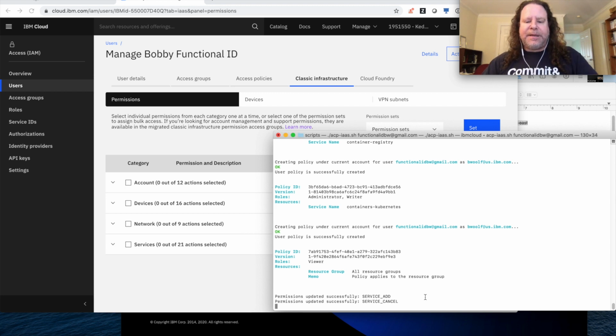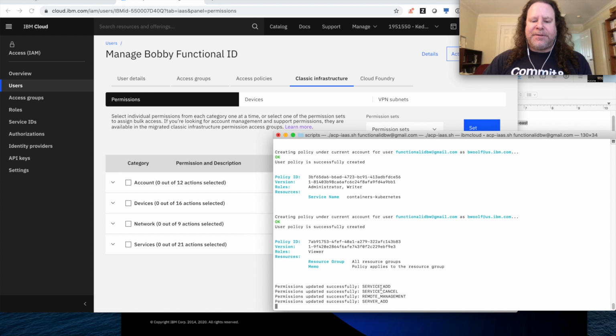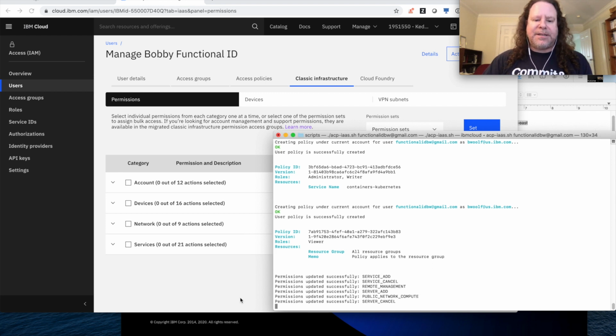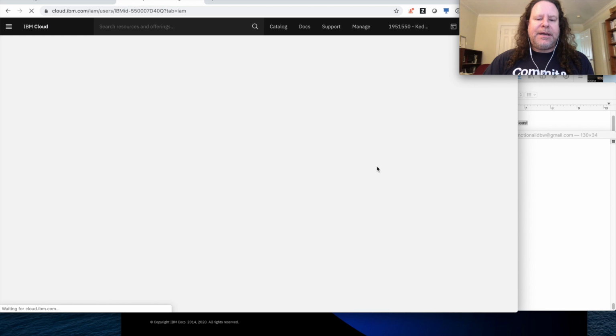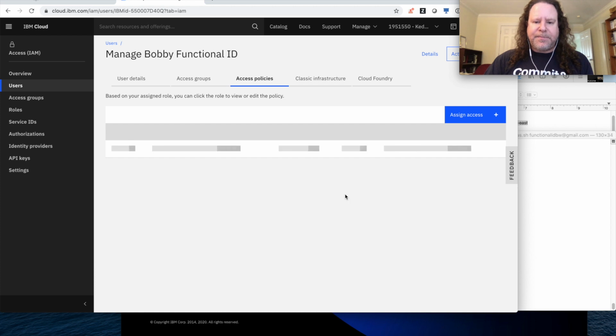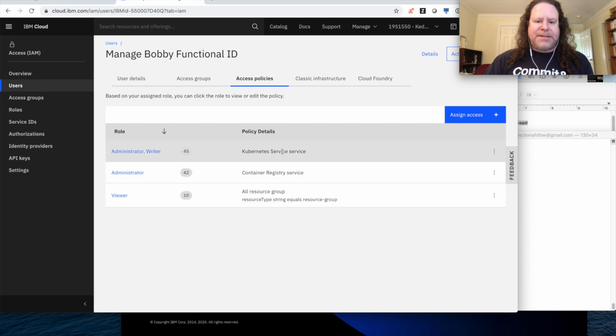up getting created. So now what it's doing is it's adding a whole bunch of permissions that are defined in what IBM calls classic infrastructure. So I'll go over here to policies and we'll refresh this page. And what we're going to see is that it now has 3 access policies that are used for creating clusters. So once that loads, we see we got access to the Kubernetes service, to the registry, and to the resource